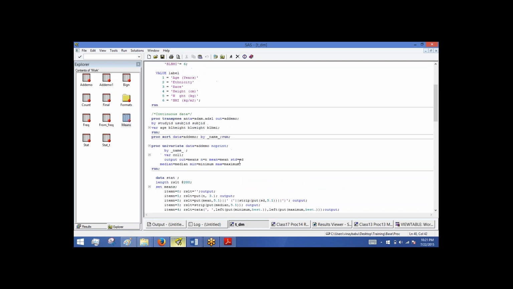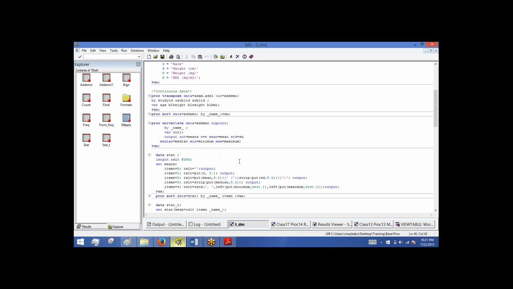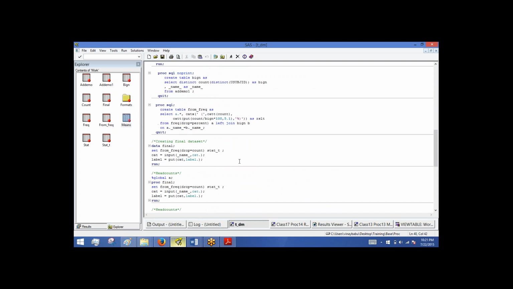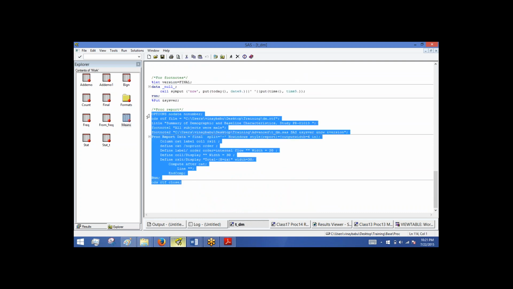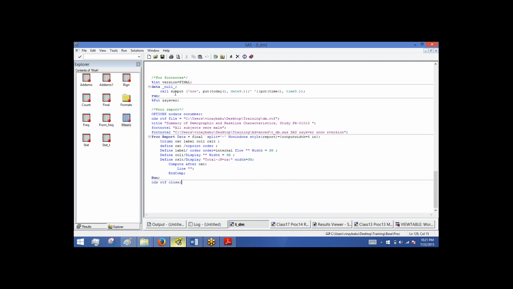So what we have done: two statistical procedures, continuous and categorical, and we have formatted according to the shell. And then we have used our proc report to print this into an RTF file. I'll be sending this recording, and I'll be sending